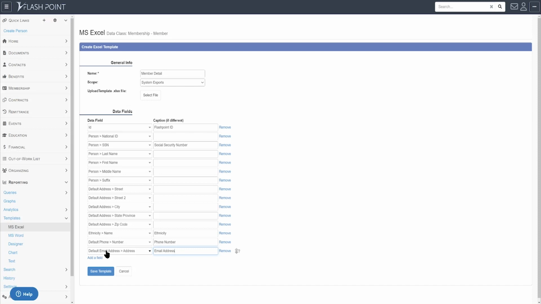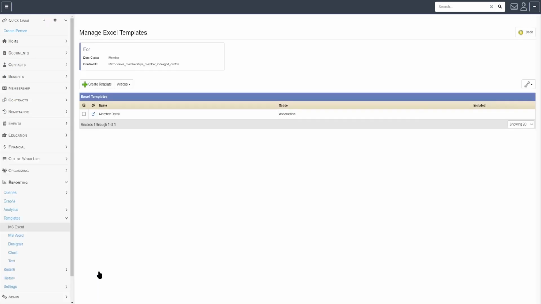as it pertains to choosing the fields related to the member role. Again, in this example, we had the member role being taken up by people instead of companies. And because of that, I'm choosing things related to the person to define what elements I'd like to see in that report. Once I save this template out here,